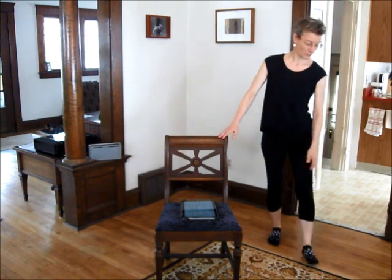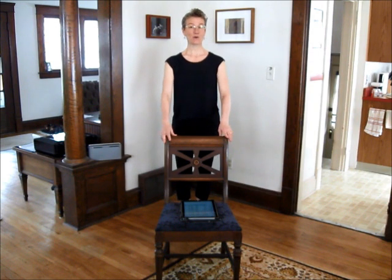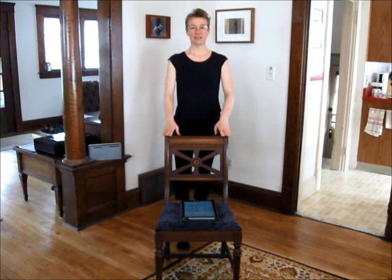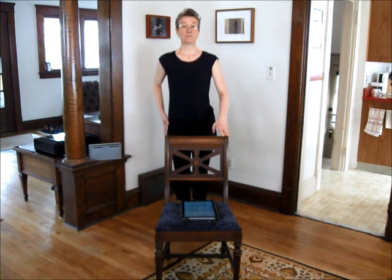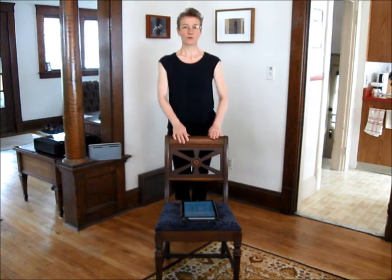1, 2, 3, rock, step, forward, back, stomp, stomp, stomp, return to the chair. Length of the legs, reach out, bring it back home, other side, reach it out, bring it back in, and reach out, bring it back in, last reach out, bring it, hip out to the side, 1, 2, 3, 4, 5, 6, 7,